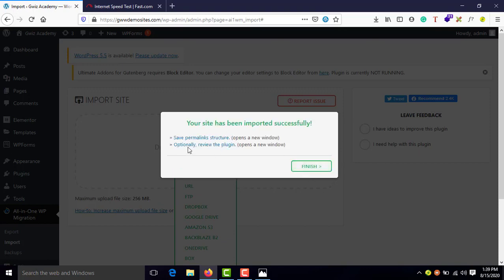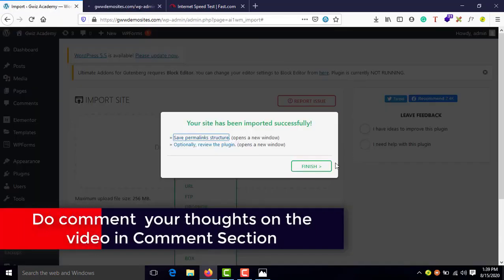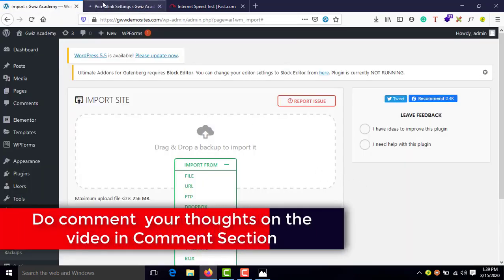Okay, the site has been imported successfully, but then you'll have to complete a small task that you need to save the permalink structure. Just click on permalink structure, click on finish.